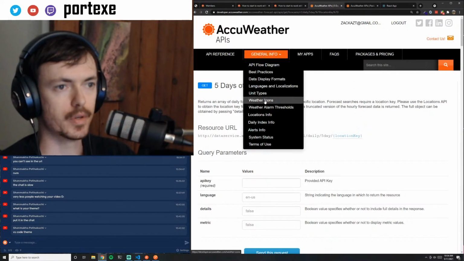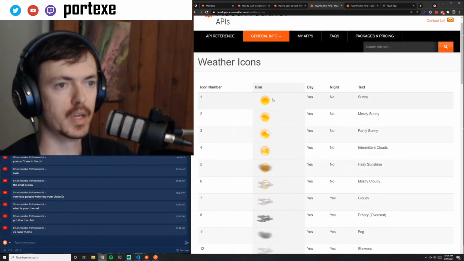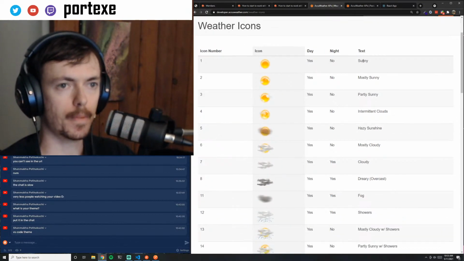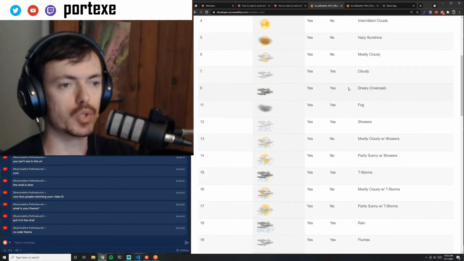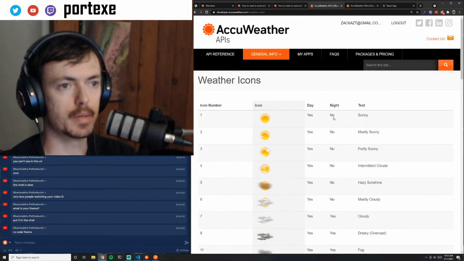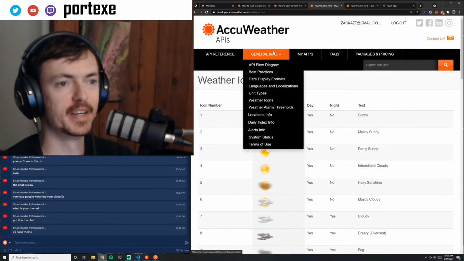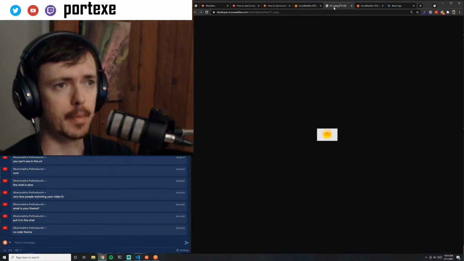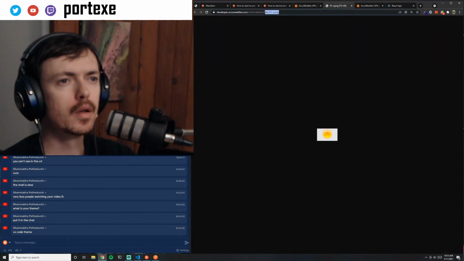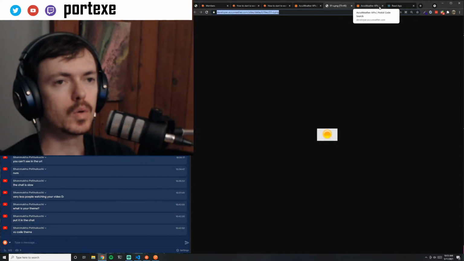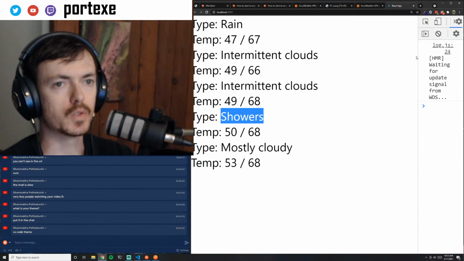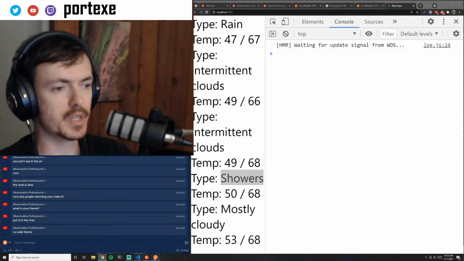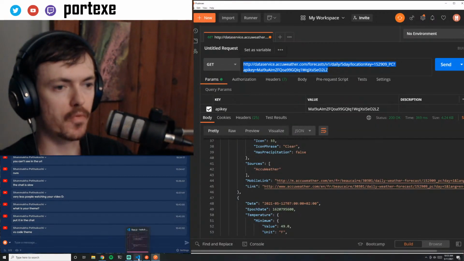And yeah, so there's this weather icons thing, right? Now, I have to look at this, so I got to remember how to map it to each one. So is there any documentation on this in particular? Of course not. That would be too good for them. So I don't know, maybe I can open the image in a new tab. Let's look at that response one more time from AccuWeather to see if there's any metadata that we can pull from